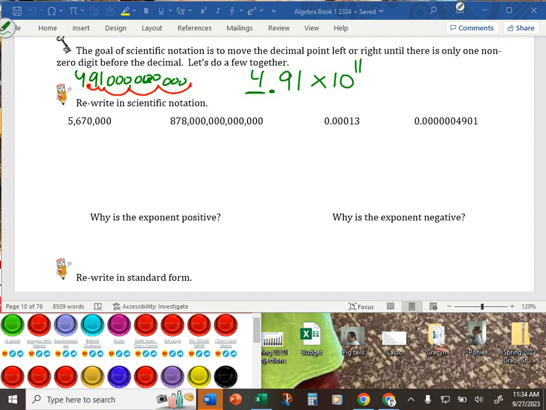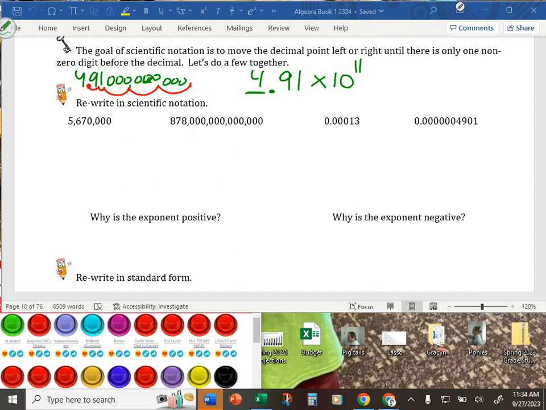Okay. And this is really the only time in algebra that you'll see me use an X to show that we're multiplying. And I use the X here because that's what scientific notation is. When you see the word notation or notate, it means like a certain way. This is the way scientific notation is written. It's got the X to show the multiplication. It's the only time. Okay. So